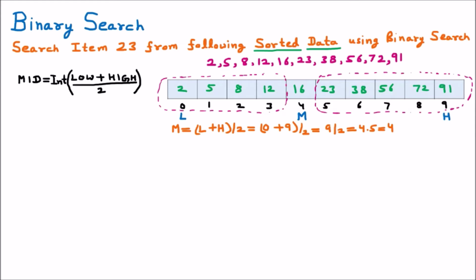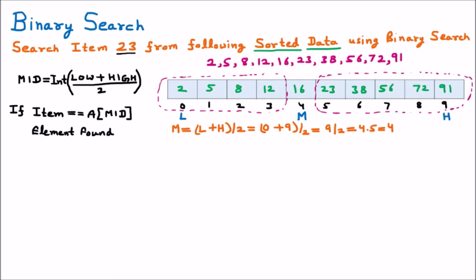Now we are talking about the formula of the binary search. First of all we are going to find the middle. Then afterward we are going to compare the item which is given to us with the middle element. The formula of binary search says that if, it is a condition, the item which is given to us, here the item is 23, so the formula says: if the item that we are searching is equal to A[middle], that means the array's middle position, if it is matching, then the element is found.